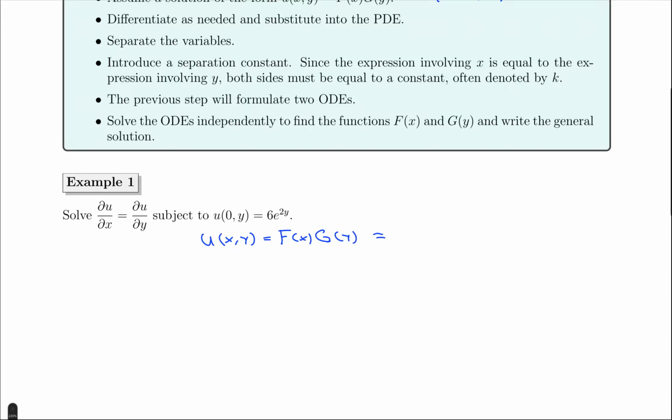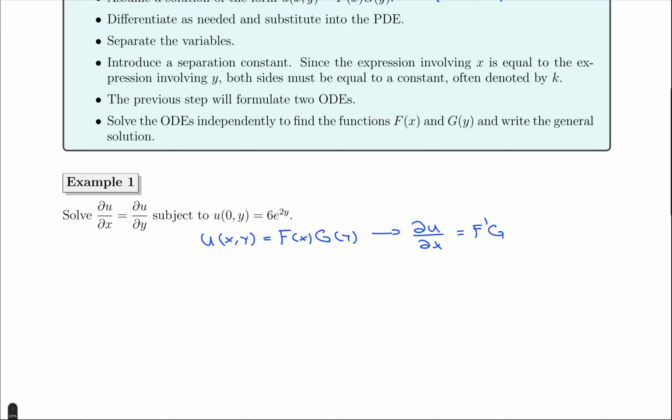All right. So guys, to shorten the notation, I'm not going to write the parentheses x and the parentheses y. It should be safely assumed that f is a function of x and g is a function of the other variable, y or t, depending on what we have. That's just so I don't have too many parentheses and we don't write that much. So from here, I'm going to take the partial of u with respect to x. Here f changes, so that becomes f prime. But because g is constant when differentiating with respect to x, that just remains